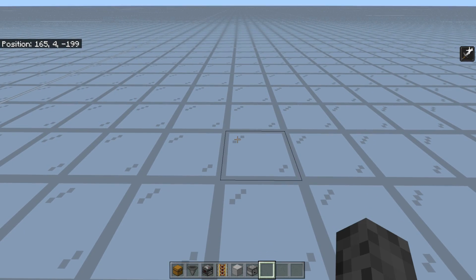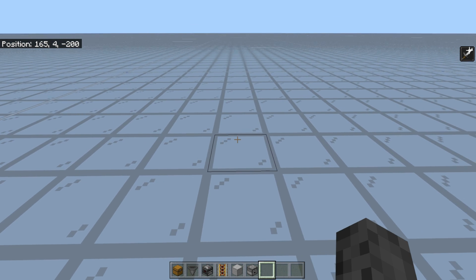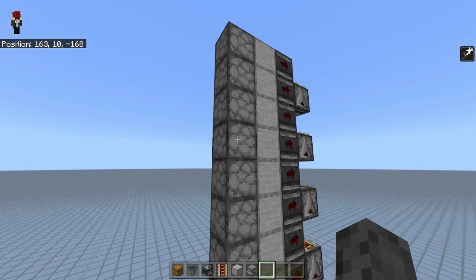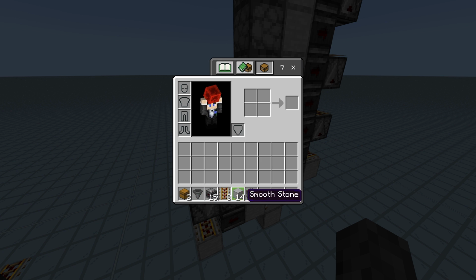Alright, I'm going to show you how to build one, and then I'm also going to show you how to tile those, because there's some things you need to know about that. So those are the materials for an elevator that goes 8 droppers up after this chest right here. If you want more height, then you're going to need to add more observers, more solid blocks, more rails, and